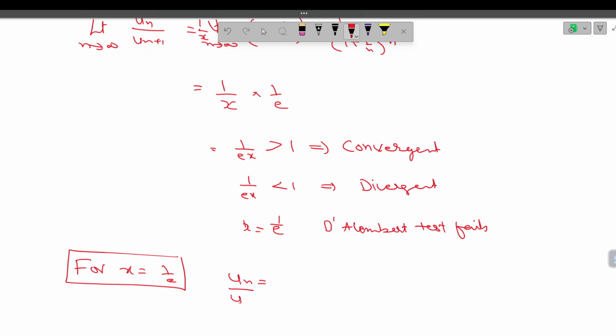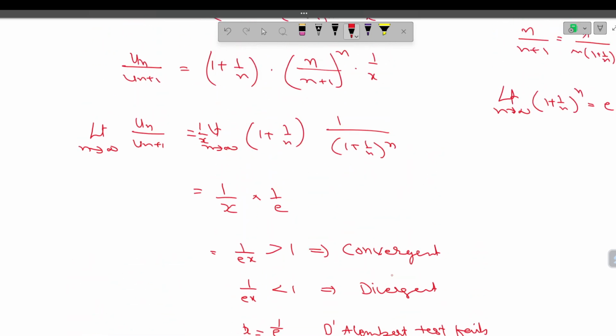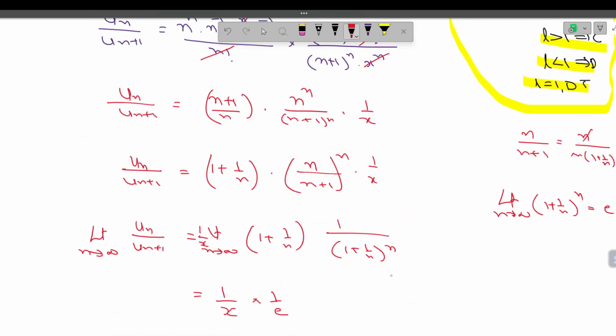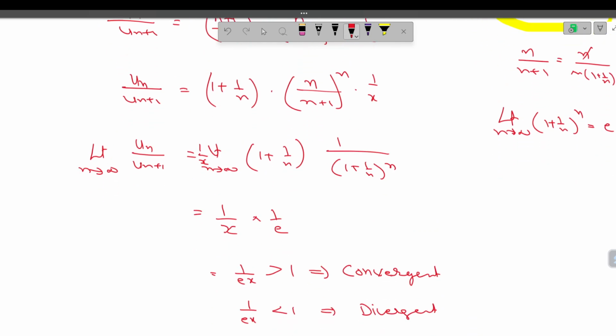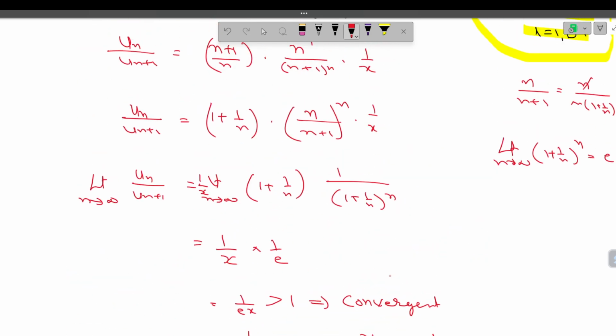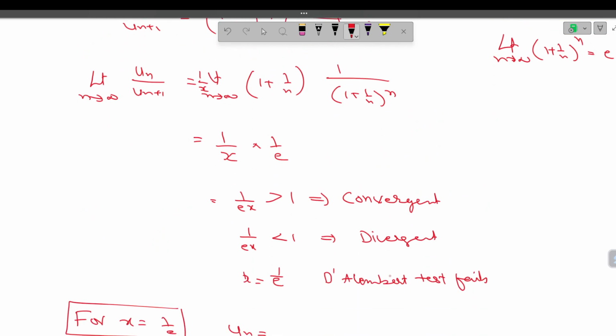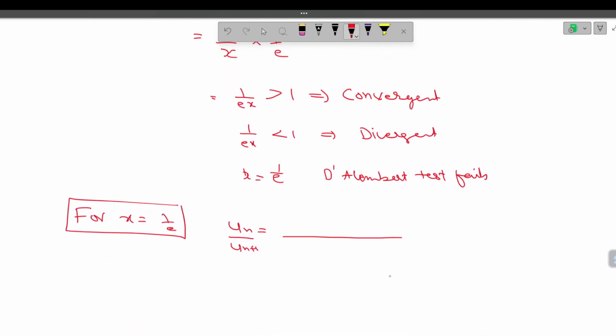Un by un plus 1. What is this? Un by un plus 1. X equal to 1 by e. If we put x equal to 1 by e,